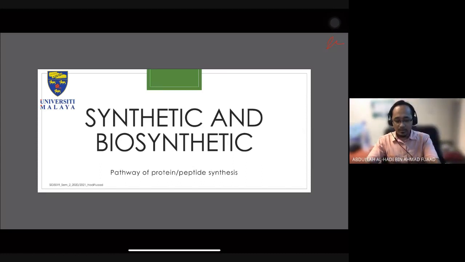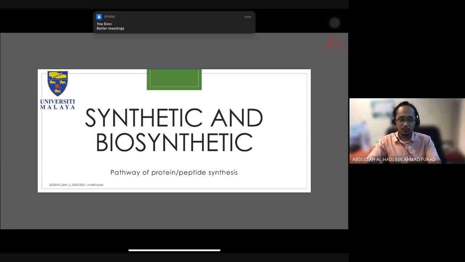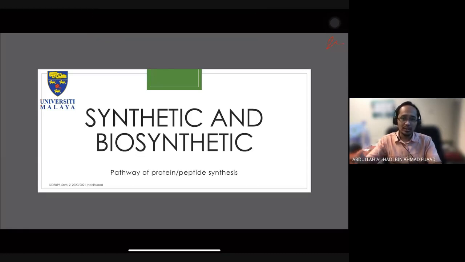So we will look at synthetic and biosynthetic pathway of producing peptides and proteins. In SID2002, you've looked at how do you actually synthesize the amino acids in a very specific manner. And then if you have sat for SID 3020, which is natural products and biotechnological processes, I've also touched a little bit on how do you actually extract out proteins that